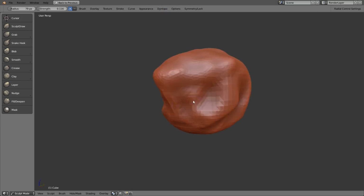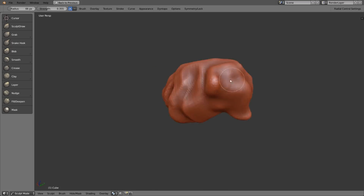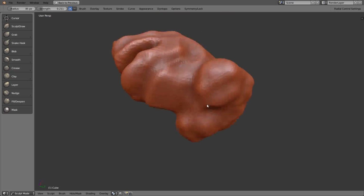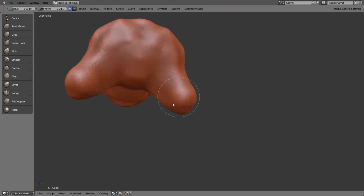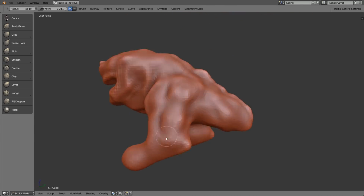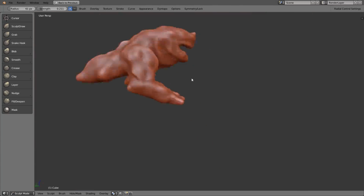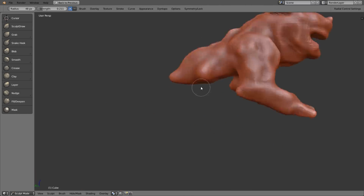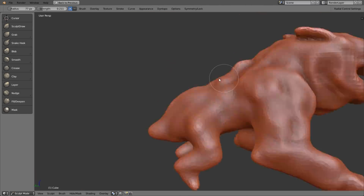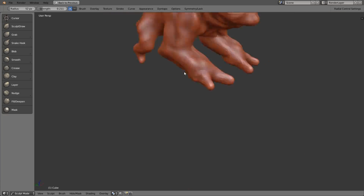enabled dynamic topology with a very low resolution and started to shape the major details. And I really kept the resolution this low as long as I could because it was really hard to adjust the creature with only the one brush. So I don't want to destroy my details. So for the first round, I just wanted to make sure that the major details are looking right and the